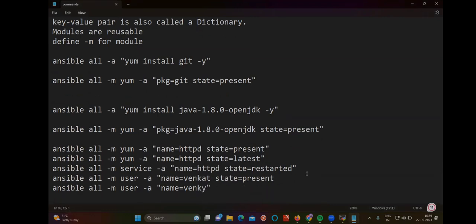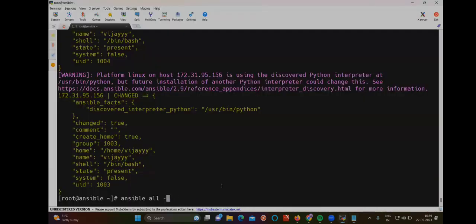So now is the module concept clear? We have seen the service module and the user module. Of course, we have a lot of modules. One of the modules I will show you is the copy module. Which module? In real time,